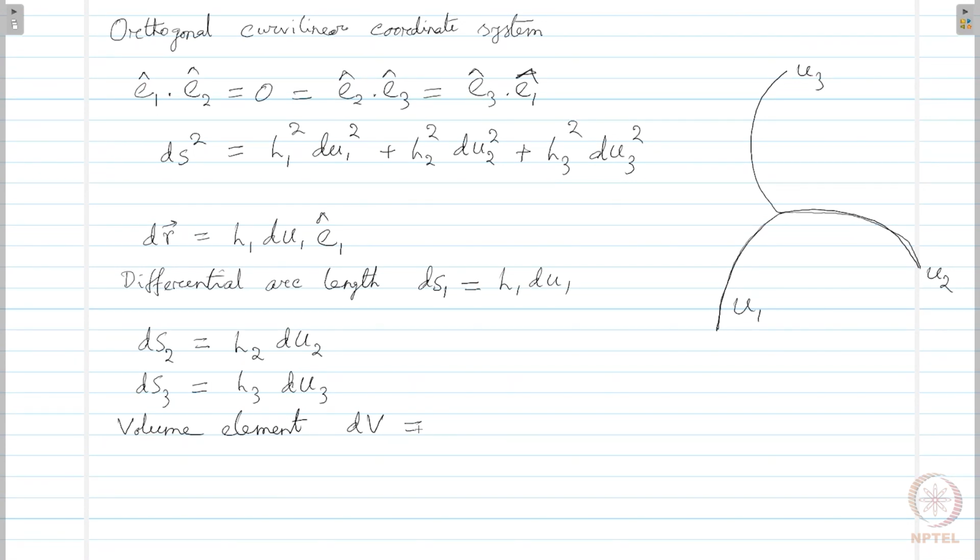What kind of product gives us a volume element? It is the scalar triple product that we all know. That means the volume element can be given as h1 du1 e1 unit vector dot h2 du2 e2 unit vector cross h3 du3 e3 unit vector,